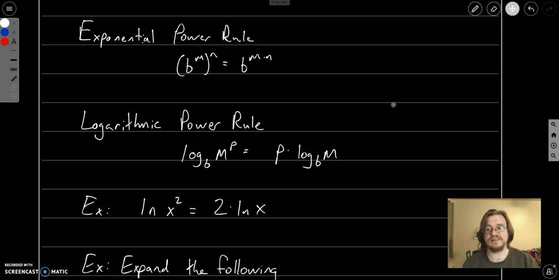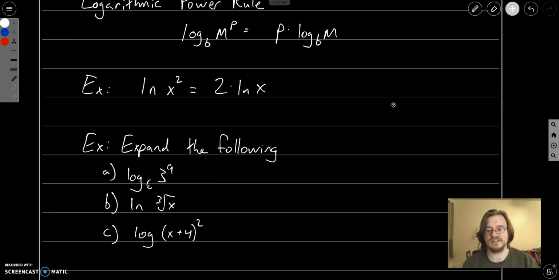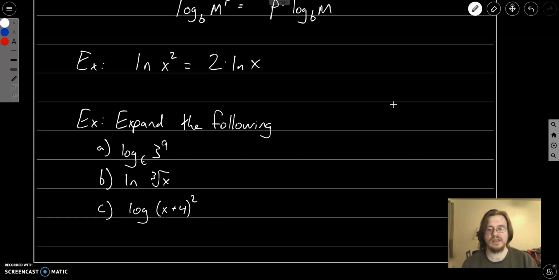So let's use this in the following. So let's expand these guys here. So I have log base 6 of 3 to the 9th power. Ooh, I've got a power. I can pull that down out front, and this is going to be 9 times log base 6 of 3. Cool. This next one, I want to simplify this a little bit because this doesn't look like anything raised to